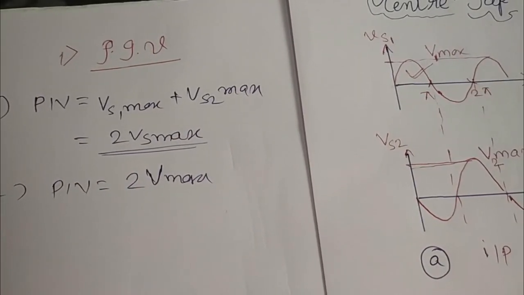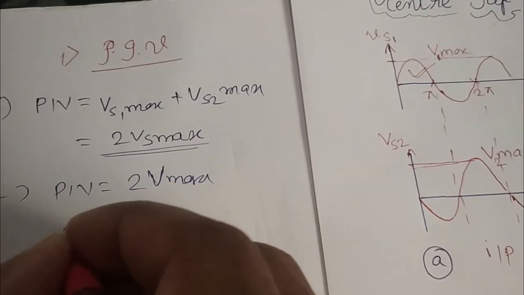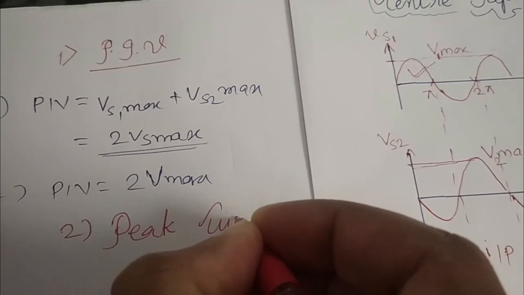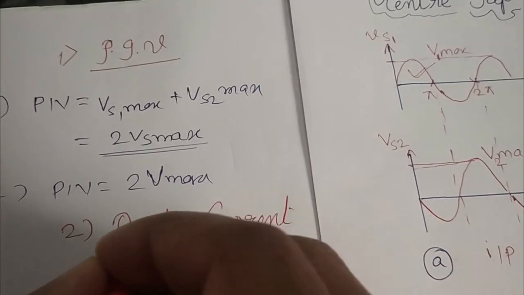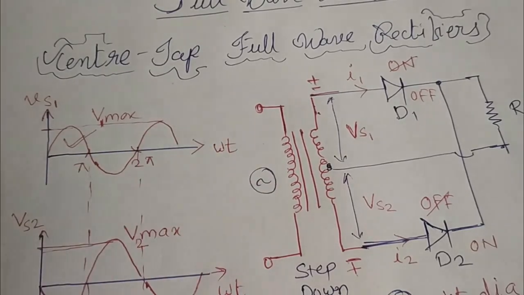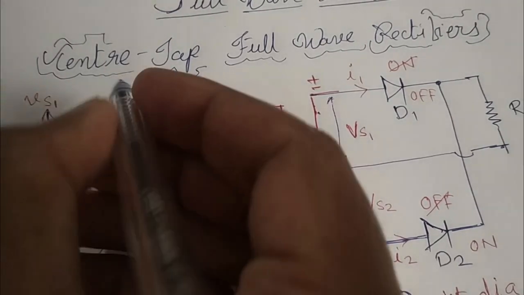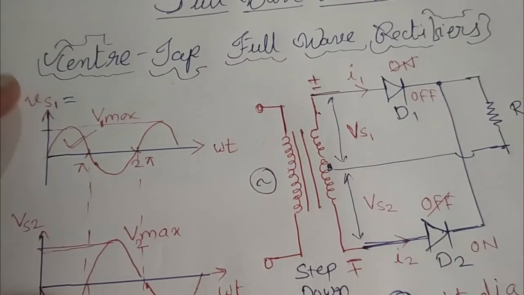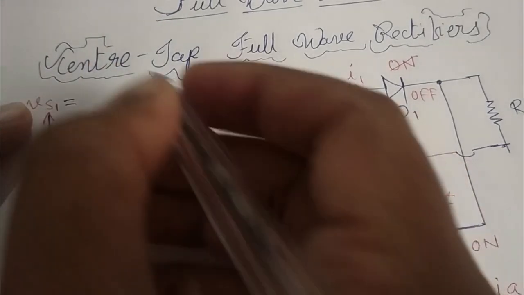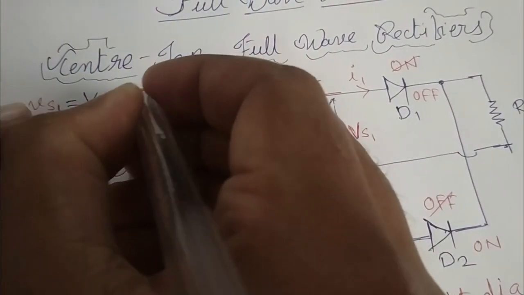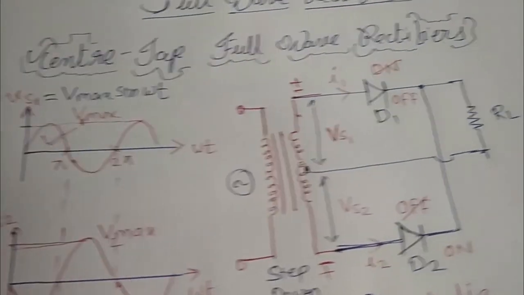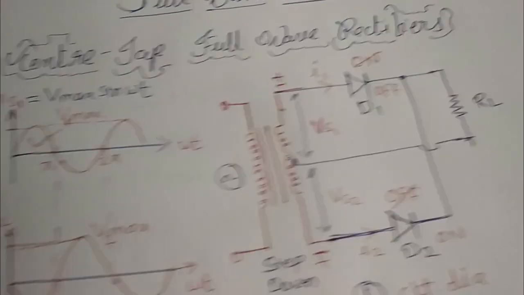The second parameter we will see is peak current. What is the maximum current or peak current? So the next parameter is peak current. Now these are sinusoidal signals. So if we have the voltage or current, this particular voltage mathematically will be represented by a sinusoidal signal. So Vs in general will be given as Vmax sine omega t. If we check for the current, it will be Imax sine omega t.